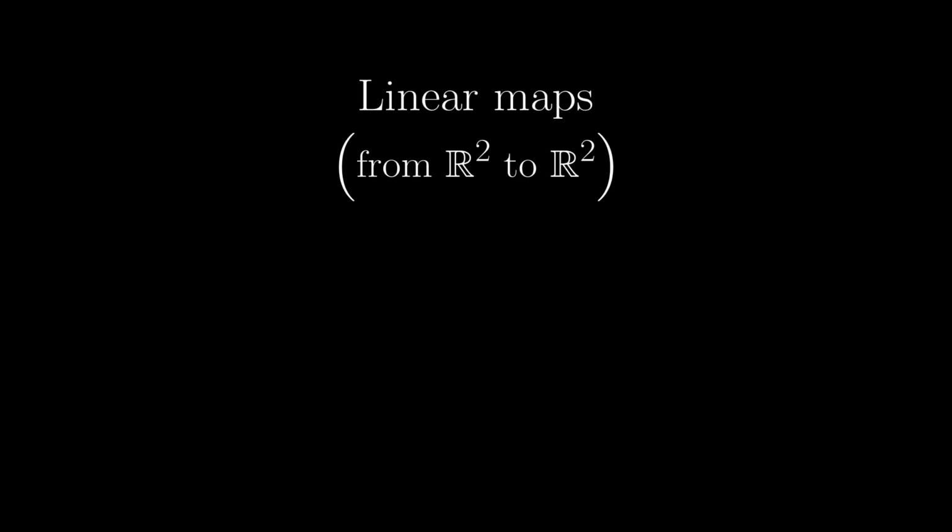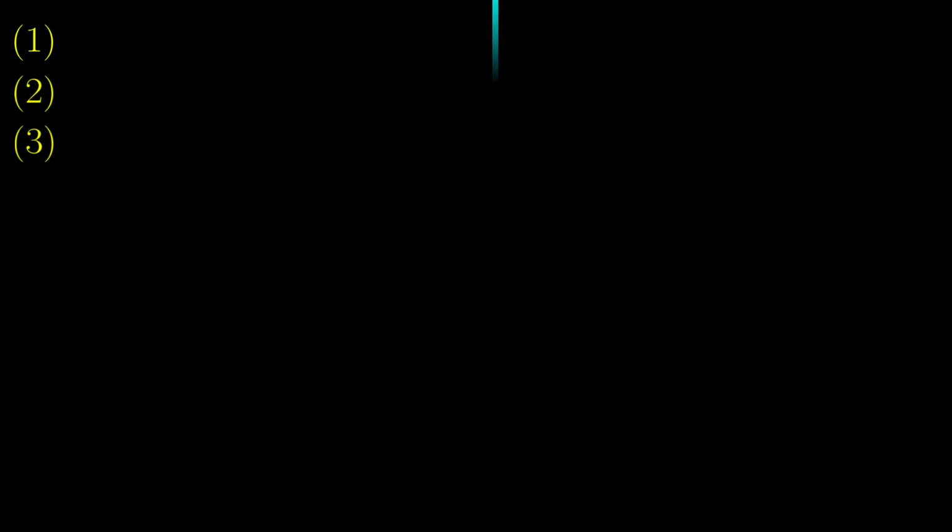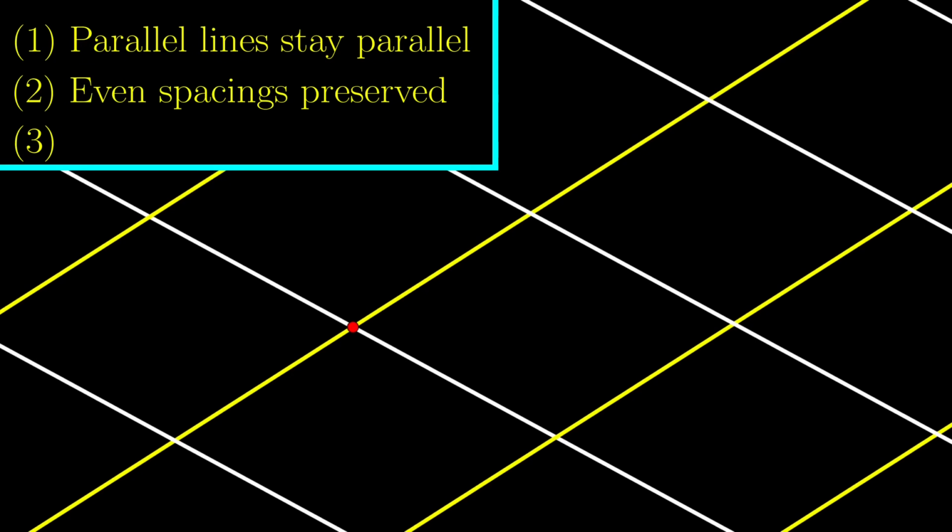Linear maps might not seem relevant, but it actually is the key here, so let's dive into it. We will first look at linear maps in 2 dimensions to get the hang of it. Linear maps are required to have these properties, which we are going to demonstrate using the animation we have just seen. In this illustration, we see that parallel lines stay parallel, and if the lines had even spacings, they will space evenly after the map.